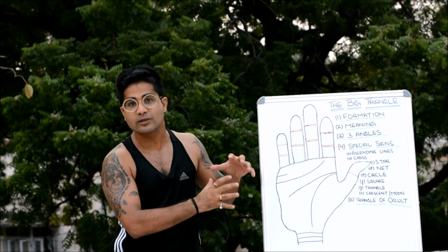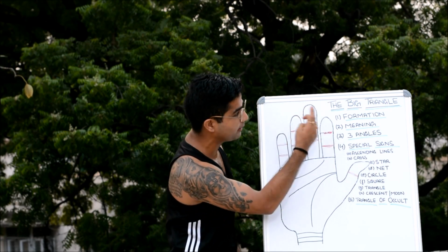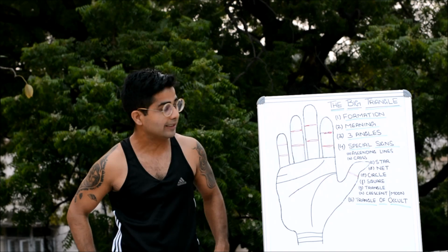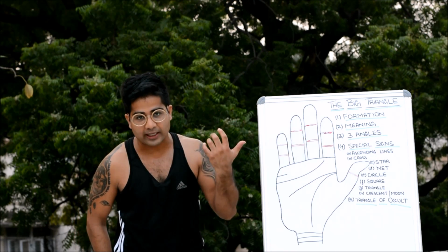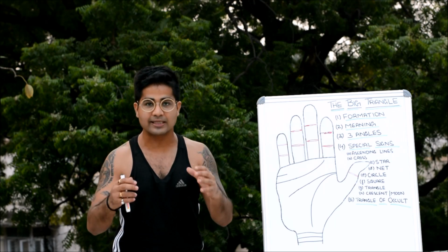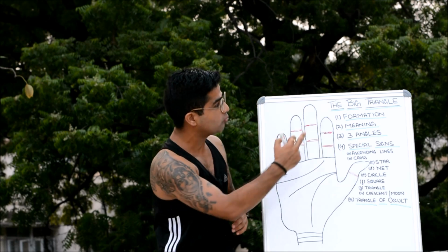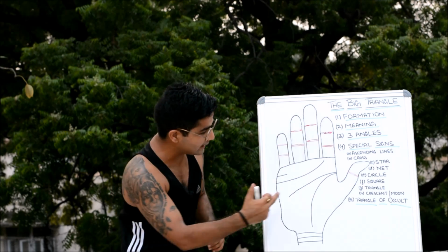But there is one more concept in palmistry, one more pattern which gets formed on the palm, which is known as the big triangle. So today we are going to discuss that. Like the triangle, the eligibility for a pattern to be called a triangle is that there needs to be 3 sides to it. So when it comes to the 3 lines which form this triangle, the first line is the lifeline,